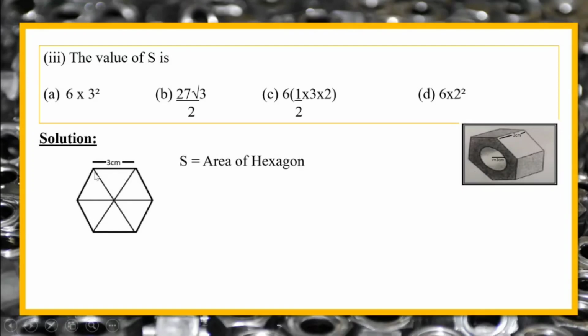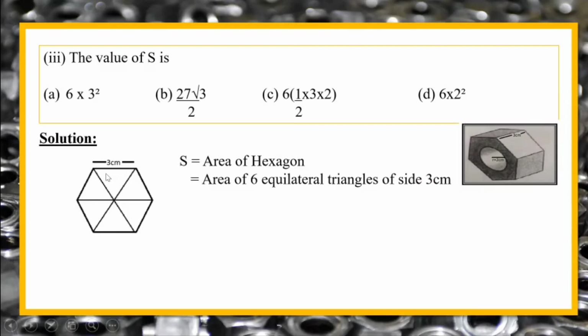Now, see here, because it's a regular hexagon, then each angle is how much? Each angle will be equal to 360 upon 6, which is equal to 60 degrees. It's a regular hexagon. That means all the diagonals are going to be equal. That means each part will be half of the diagonal. An isosceles triangle. So this becomes an equilateral triangle. So that means that this hexagon can be taken as sum of 6 equilateral triangles.